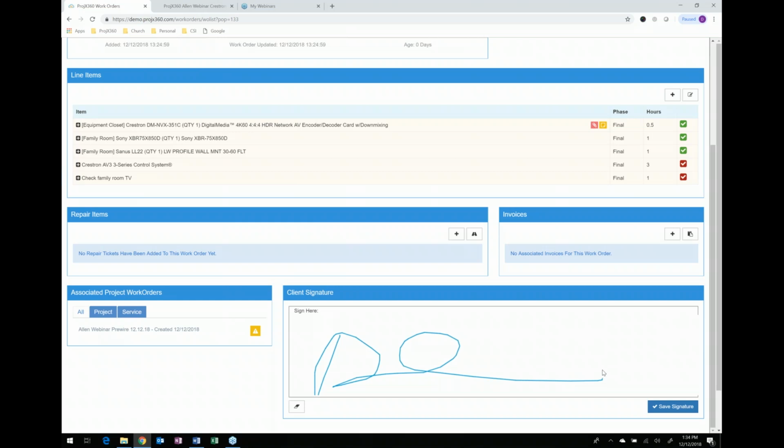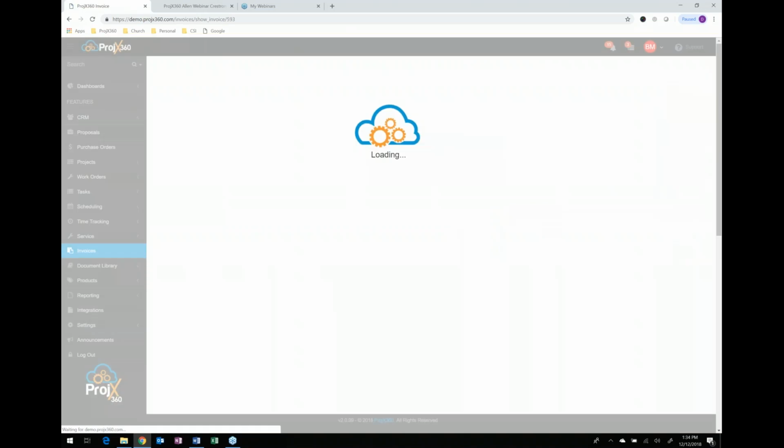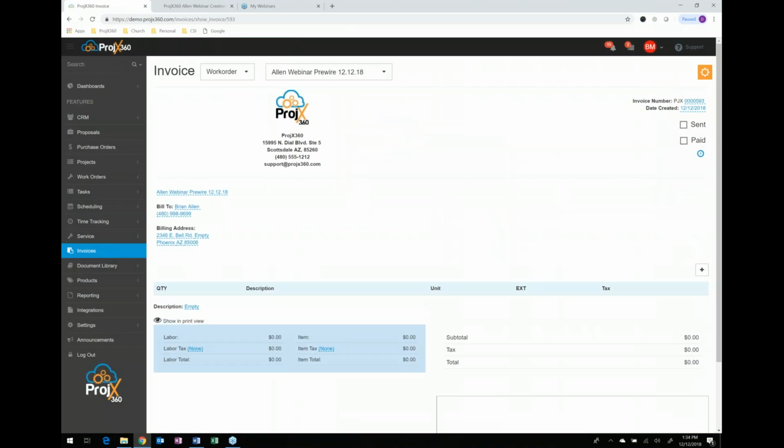It really comes in handy if it was a service work order and the work was completed, and you want them to create an invoice so they can collect payment right then and there. So right here in the work order, there's an invoice section. All they do is hit that plus symbol right here, and it'll pull all that client information over into our